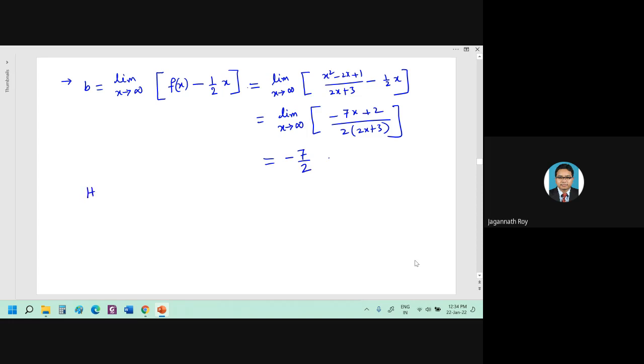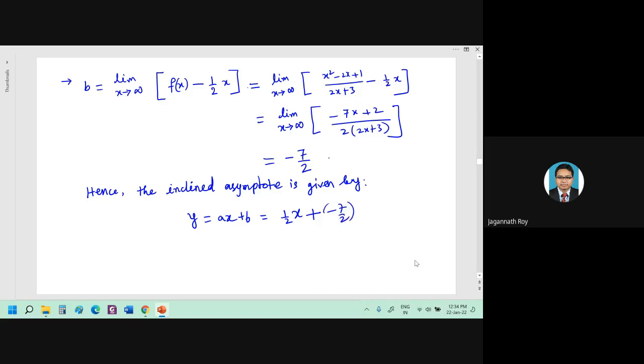Hence, the inclined asymptote you can write is given by y equals ax plus b. So here we have a equals half, x, plus minus 7 by 2. So this is nothing but half x minus 7/2. Now, if you go back and plot this diagram,